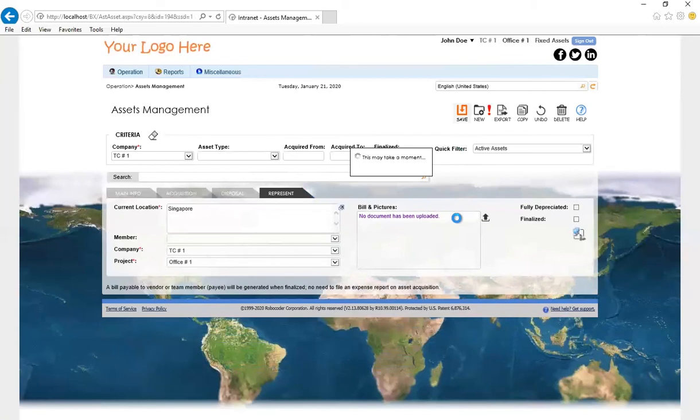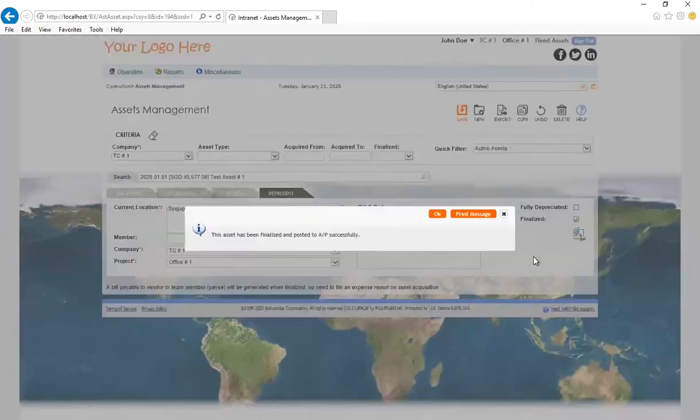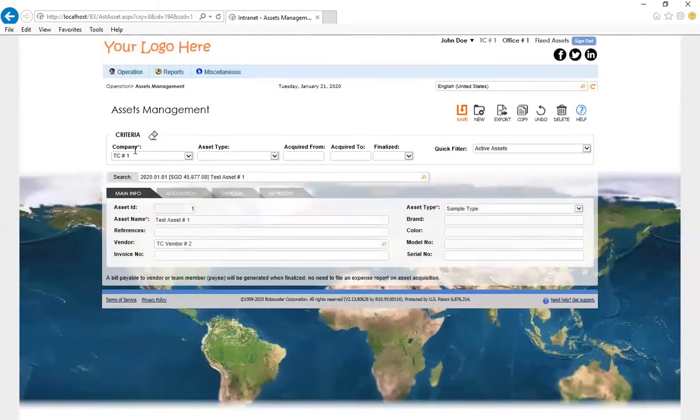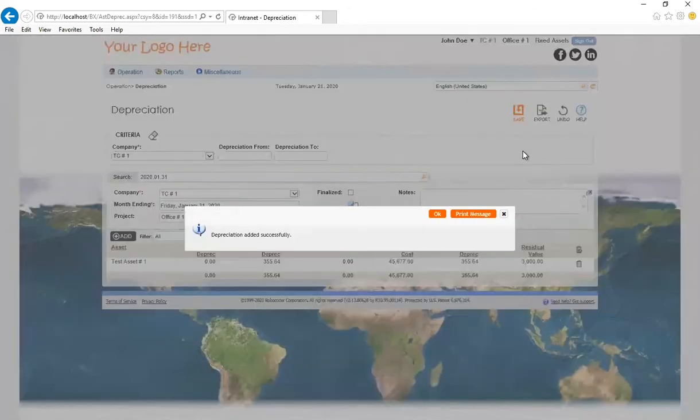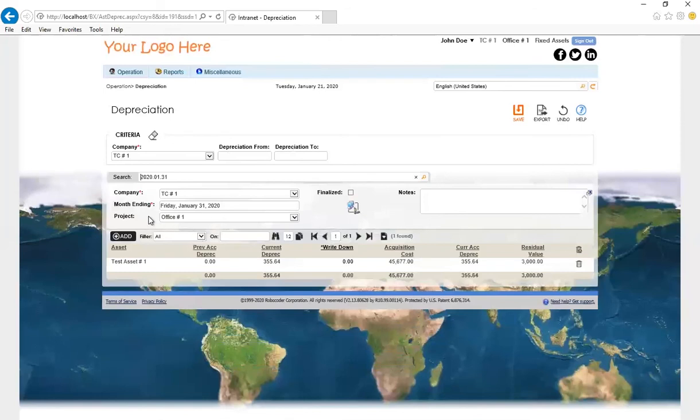All right, now that we have added our asset, we can click on finalize and our asset is ready. So for the month of January, we can also run our depreciation for this one single asset. So that's into the depreciation screen. For the month end of 31st, as soon as you click on save, the system will go and look for all the assets that are eligible for depreciation and calculate the depreciation amount, and you can finalize